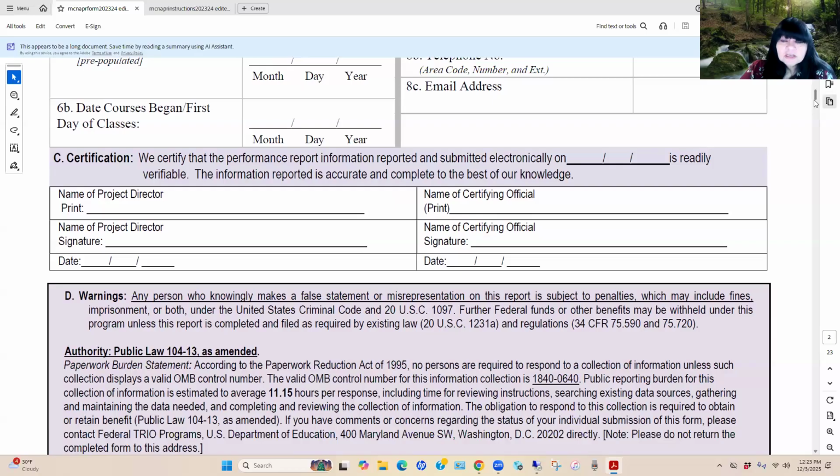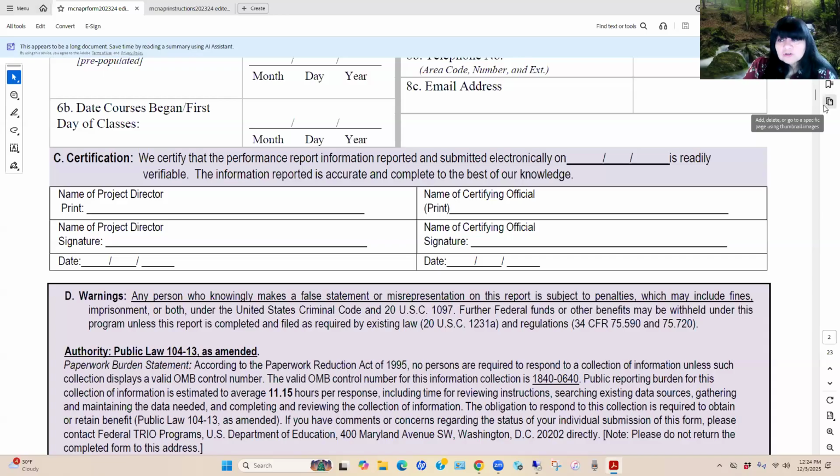So the certification is the signature by the director and the certifying official that the annual performance report was submitted, and to the best of their knowledge, an acknowledgement by both individuals that the information provided in the annual performance report is readily verifiable, meaning that if you were ever audited and any questions arose from information that you submitted in this annual performance report, you have documentation to support what you have reported, and that it is, to the best of your knowledge, accurate and complete.